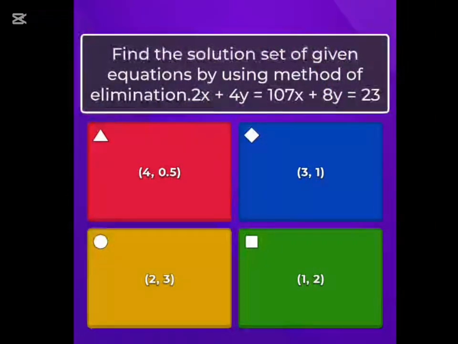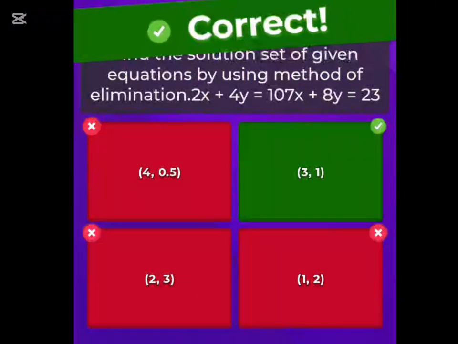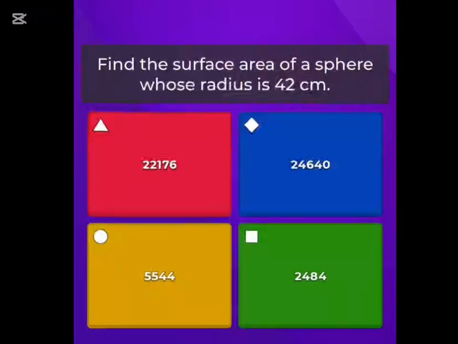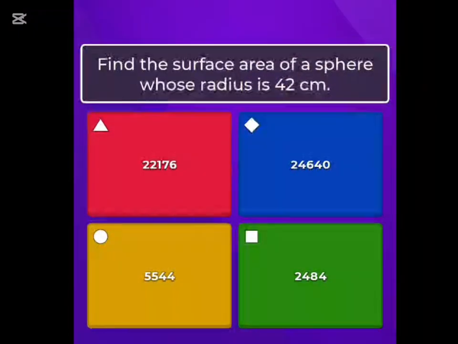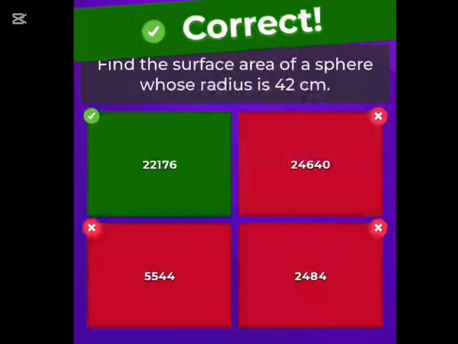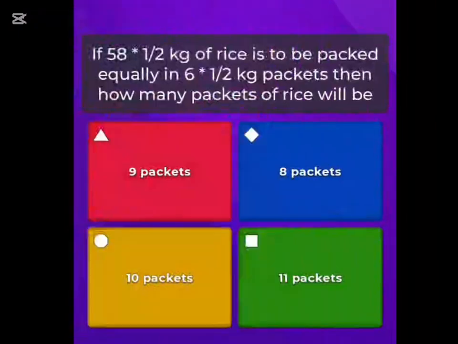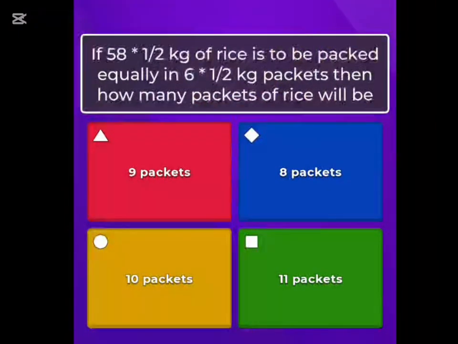Find the solution set of given equations by using method of elimination. 2x plus 4y equals 107x plus 8. Find the surface area of a sphere whose radius is 42 centimeters. If 58 by half a kilogram of rice is to be packed equally in 6,